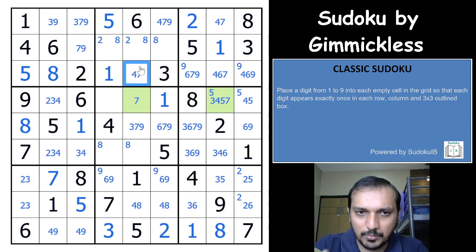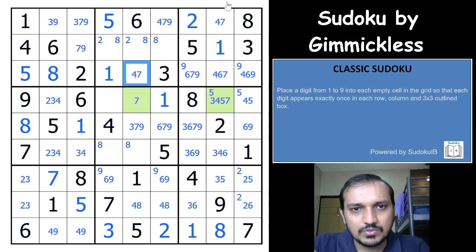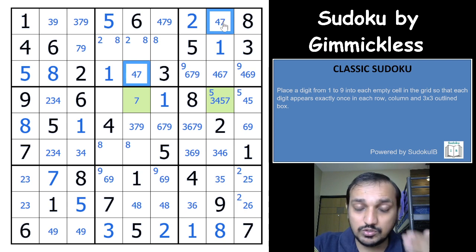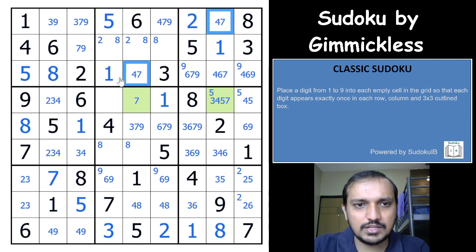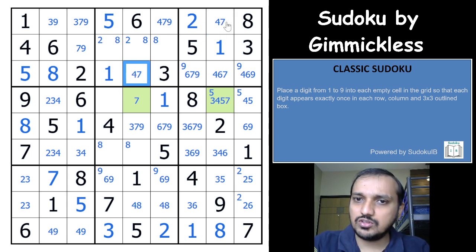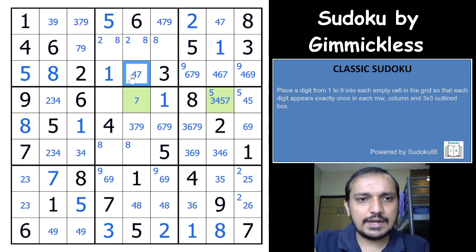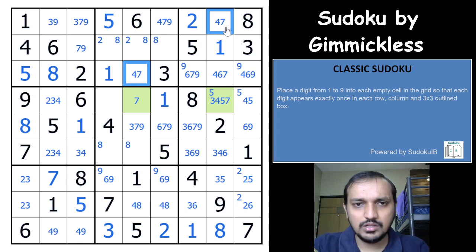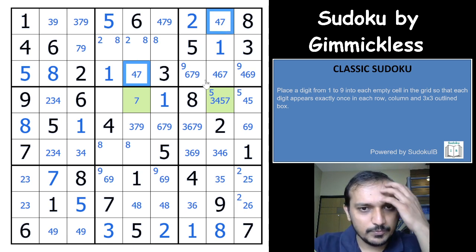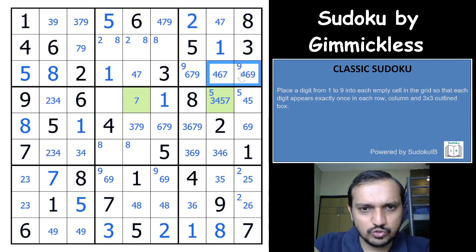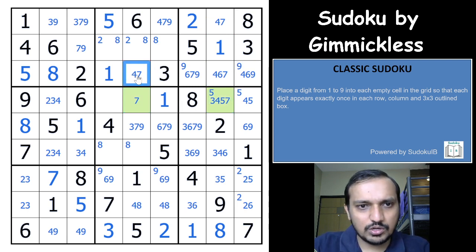You can use a W wing to use that. What a W wing is, so even if there was a possibility that whatever you had here is not necessarily here, you can still use this logic, because if I had 4 in any of these two cells, these two cells would have to be 7 and there is no 7 in row 4. So that is called a W wing, but right now it's called a simple coloring, or I would say what